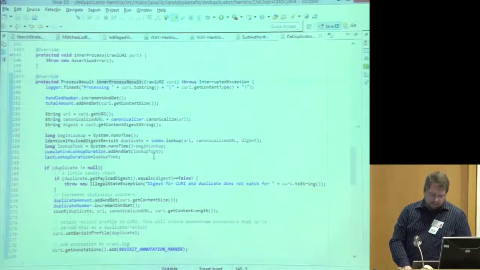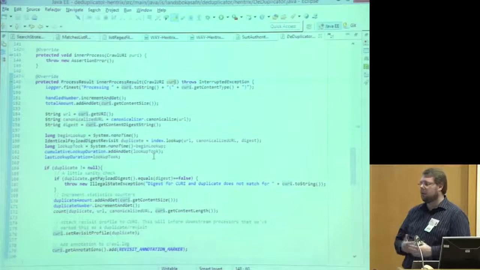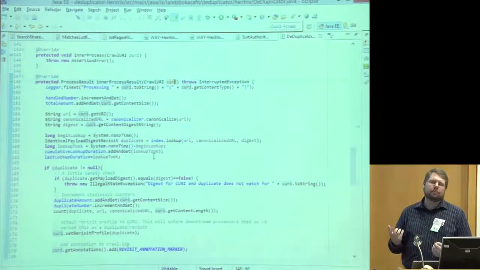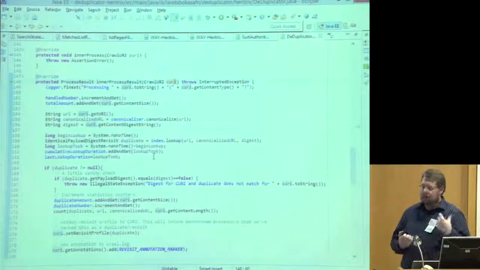And the core unit in Heritrix is the crawl URI. Crawl URI is an object that contains all of the information about the URI that's being processed. It knows its history, its future. If it's been crawled, it has access to the full